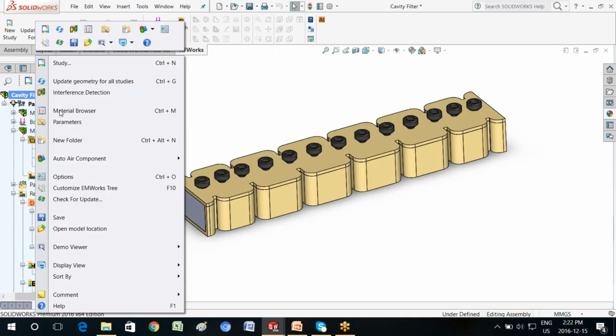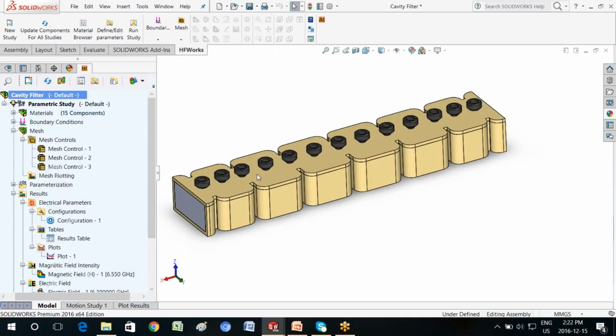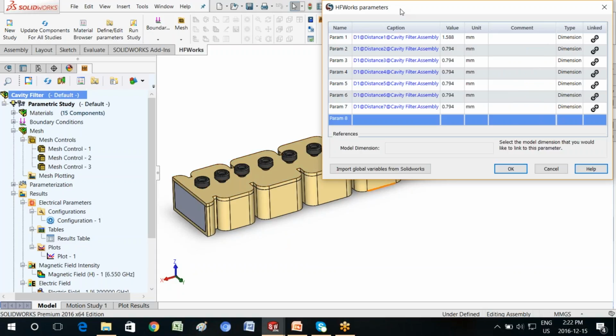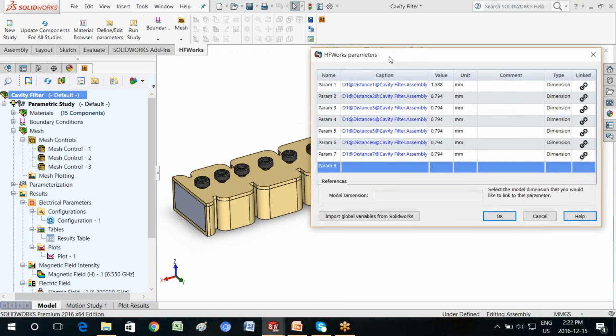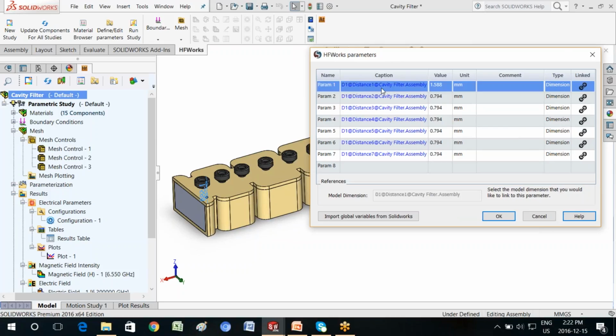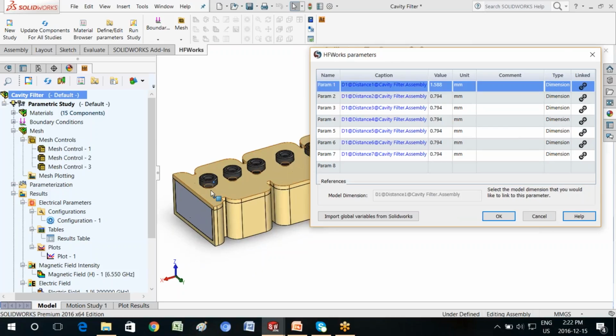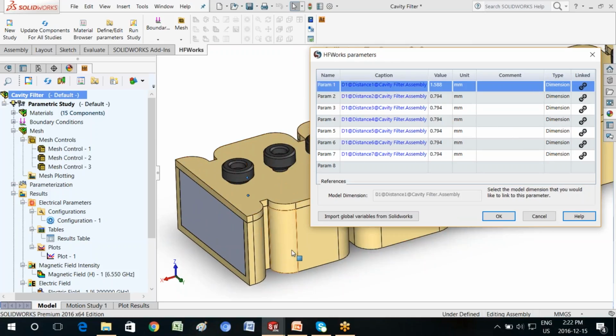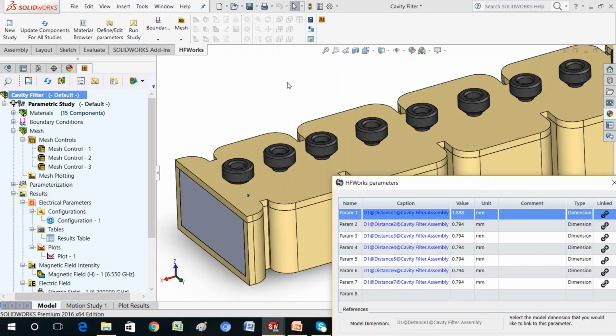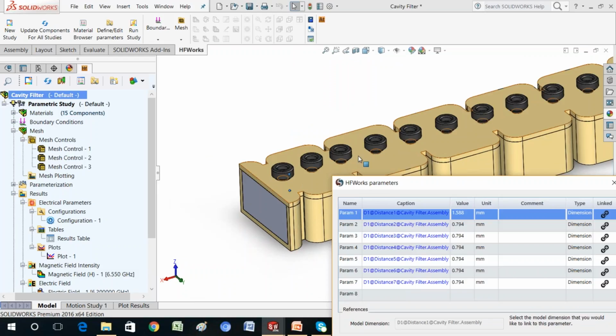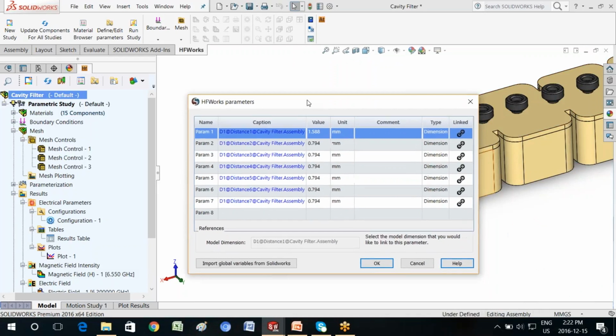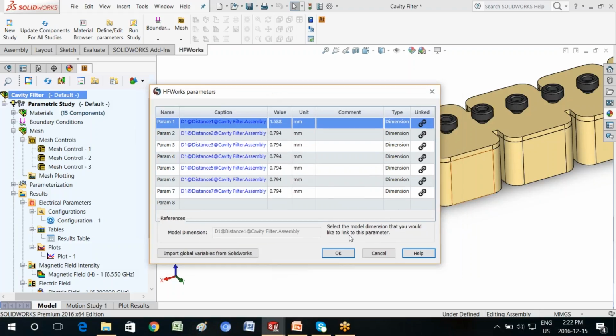Now in this particular problem, as I mentioned before, we are talking about parameters, and each of these geometry parameters is, as you see here, the distance the screw is tightened. So I've got about 7 different parameters here, basically controlling 7 of the screws that I have, and each of these is entered with a particular starting value.